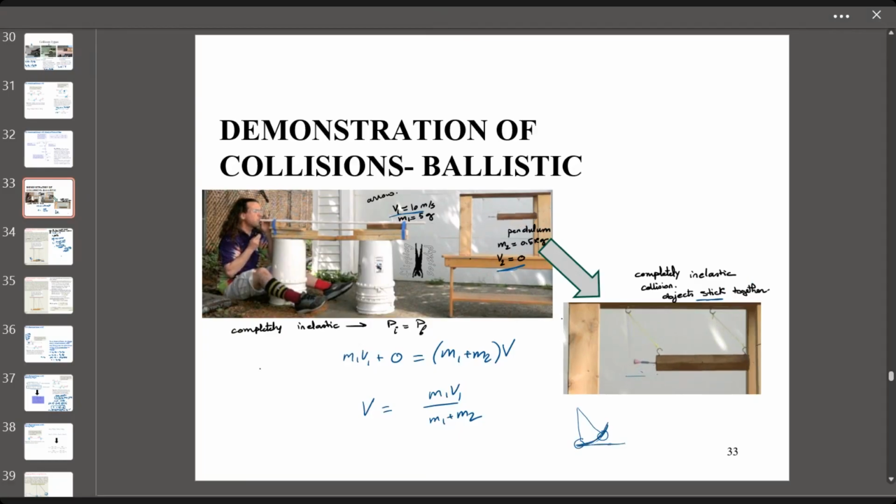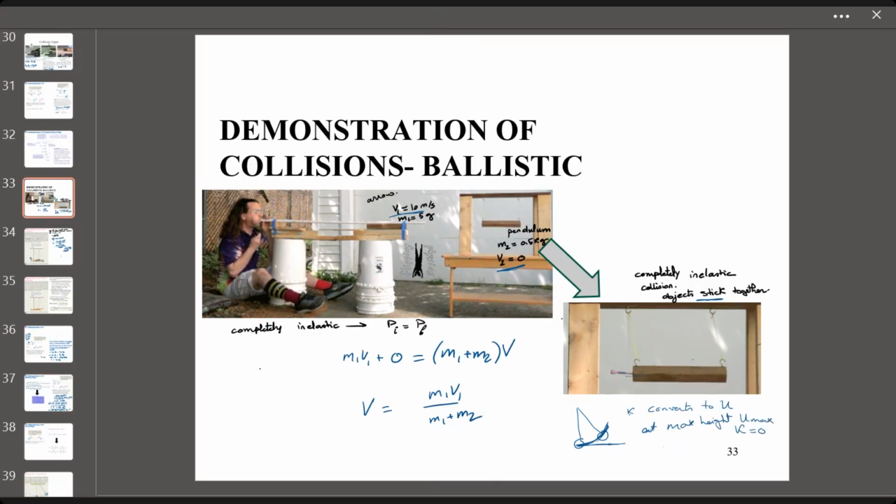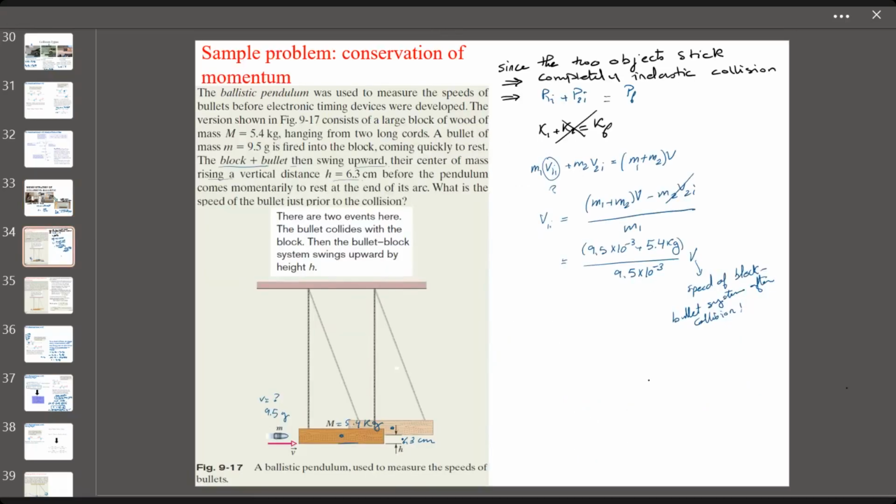Because of its initial speed and it's lifting upwards, its kinetic energy converts to potential energy. And at maximum height, I know that U is max and K is 0. At maximum height, the speed becomes 0. I'm gonna make use of that. And this is what we saw in our study of chapter 8 of energy. So I'm gonna be applying this here, hoping that I can find from the potential energy, the kinetic energy, and thus the speed. Because if I have the height, then I can use that to find the potential energy of